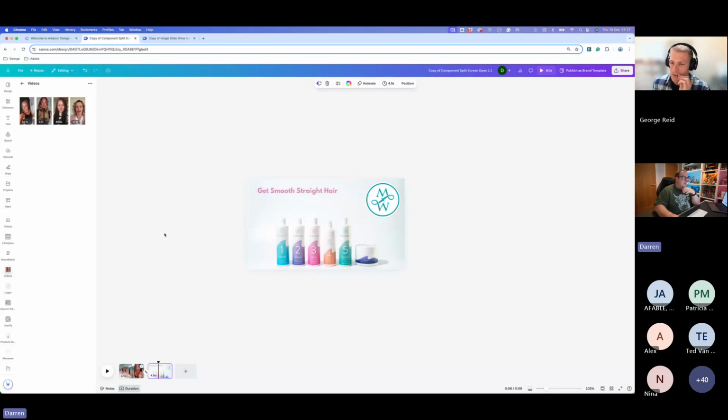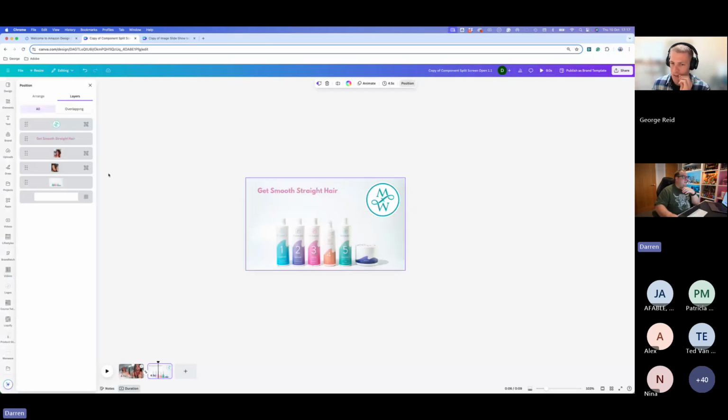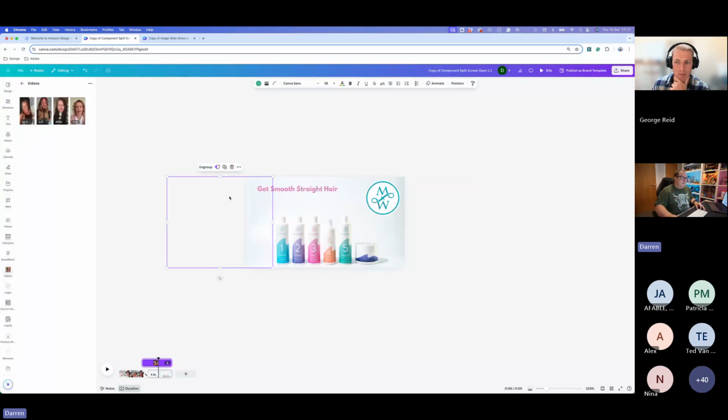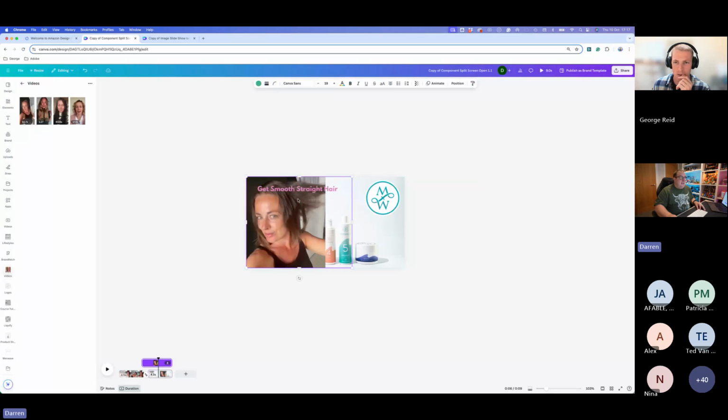So we're going to come on here, and if we come over to the position, you can see we've got these 2 original elements here. The reason they don't show on the second screen is because they're actually just off the screen there. So if I click and hold down the shift key, you'll see that the actual original images that we had are there, but we have to push them off to the side.